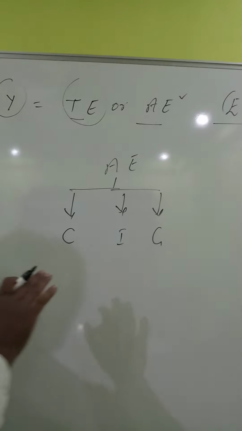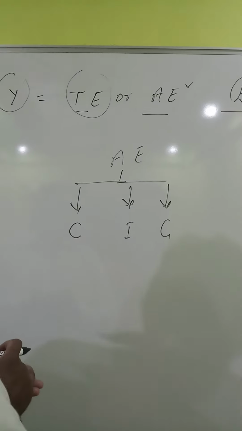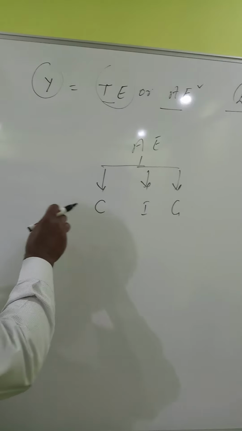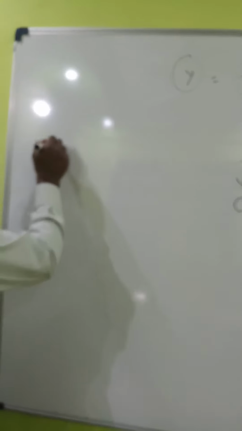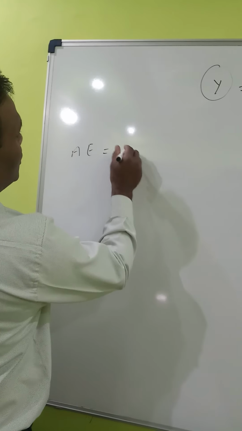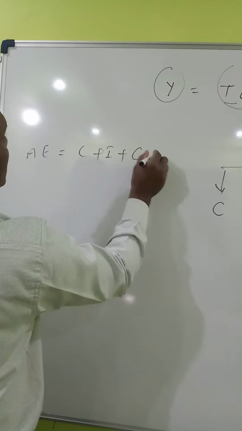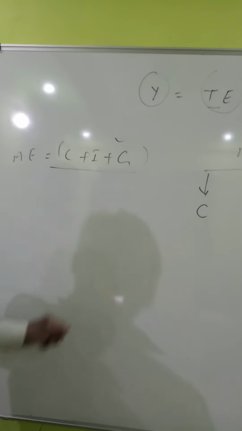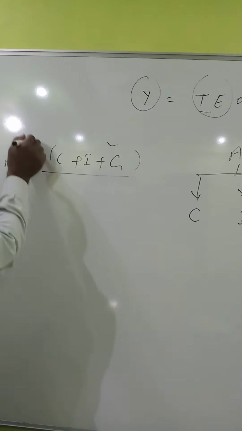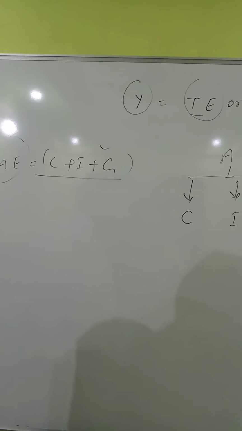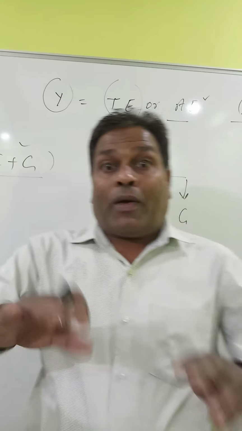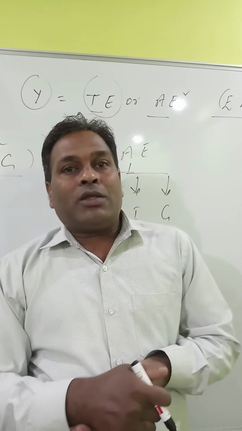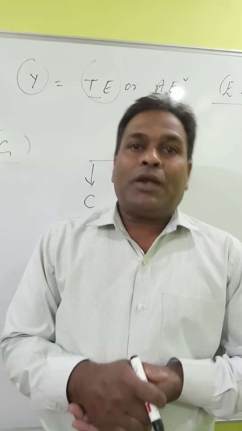So in this way, whenever we get the summation of all these three things, we find the aggregate expenditure. Equationally, it may be shown as follows. Aggregate expenditure is equal to C plus I plus G. The summation of consumption expenditure, investment expenditure and government expenditure is known as aggregate expenditure. We have already informed you, wherever you find the equality between the total income and aggregate expenditure, we find the equilibrium level of national income.